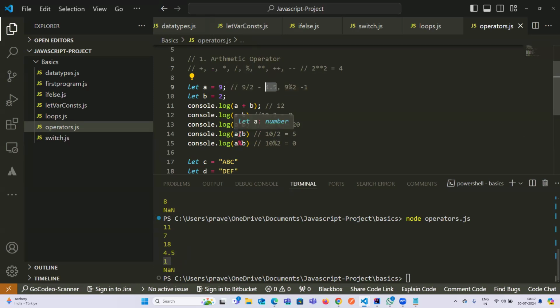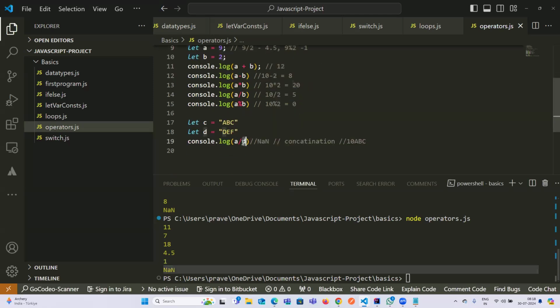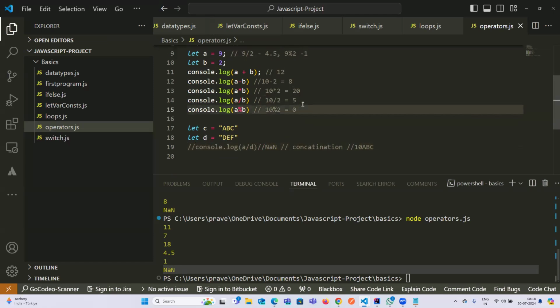Whereas the division operator will give you the value in decimal. And the modulo operator says that it will not be able to divide, but whatever the closest value is divisible by the second number, we'll divide that, and the remainder will be returned. Okay, this NaN value is for this one. So let me comment it out. Okay, so this was regarding the modulo, and then we have